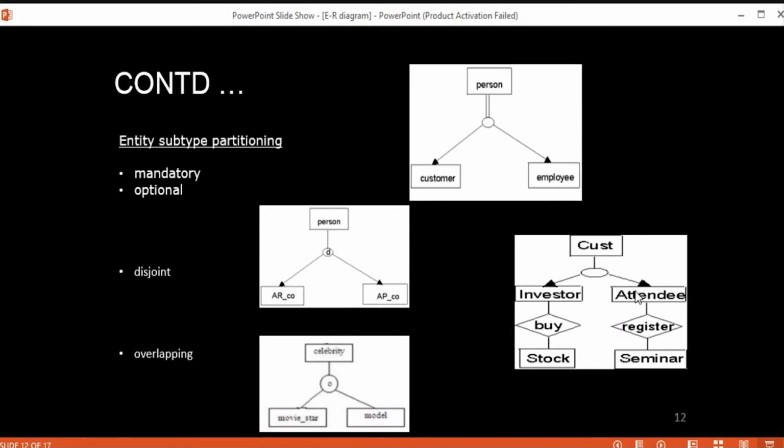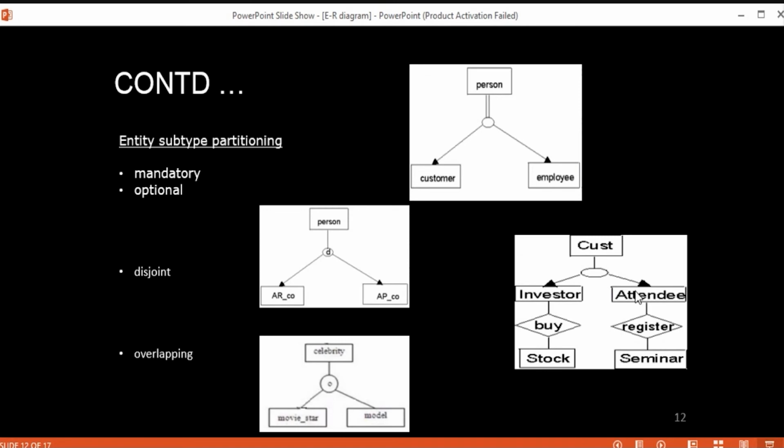Entity subtype partitioning. Okay, so here, see, it is possible. We know that the entity can have subtypes.